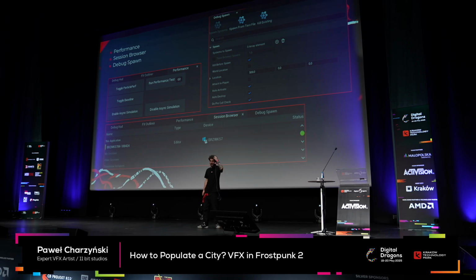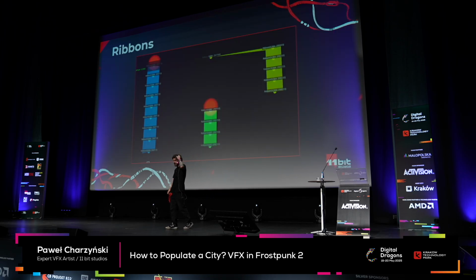In Frostpunk, we have a lot of VFXs, and we also have some issues with ribbons, of course. Like, what is ribbon? In Niagara, basically, we can spawn sprites, ribbons, and meshes. Ribbons are basically 10 different particles that are connected with a ribbon link order, and it gives the information for a GPU to render them all together. We are connecting them with ribbon ID as well, and in Unreal 5, basically, right now